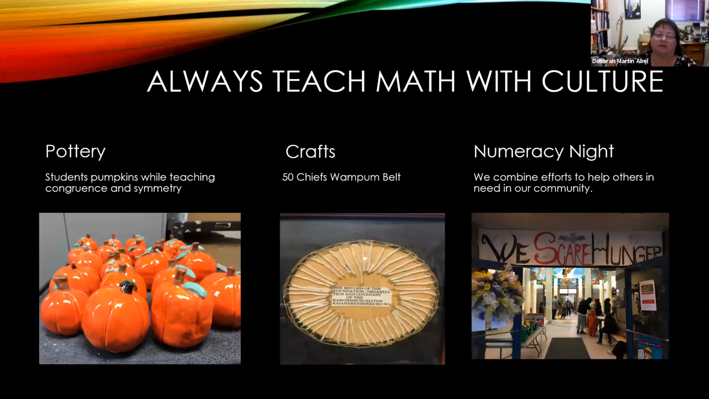So it's okay if you have bumps in your pumpkin. And then also we talk about the circle, and that I use the wampum belt with the circle with the 50 chiefs. So we talk about that. And then we also have numeracy night,